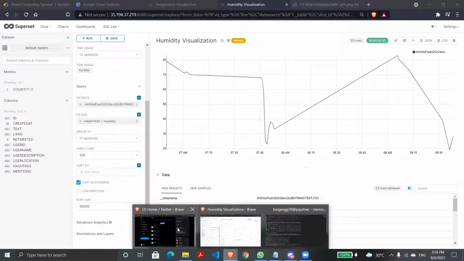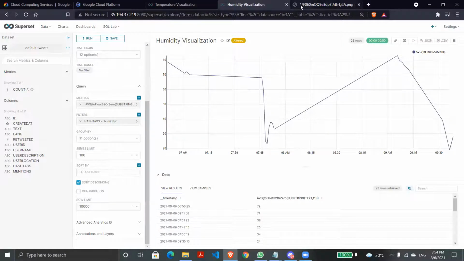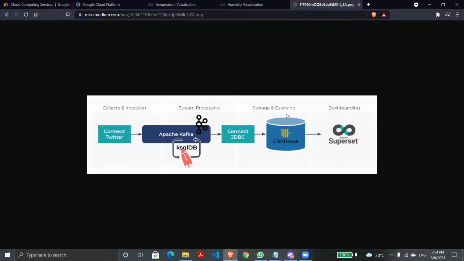So for conclusion, I'll be just saying the applications of this. As we are involving all the Apache platform technologies, I'll be saying it can be applied and used in the future and in present scenarios for the patient healthcare department, where we can have the temperature and humidity.